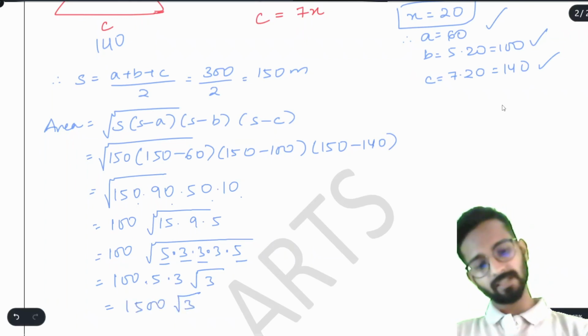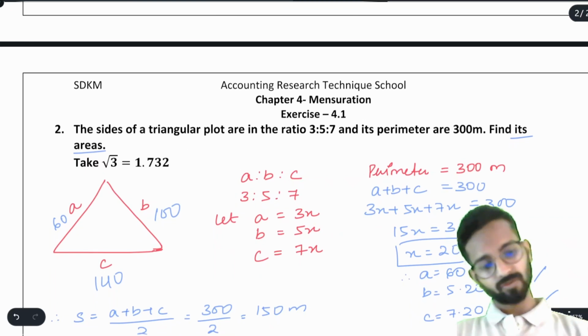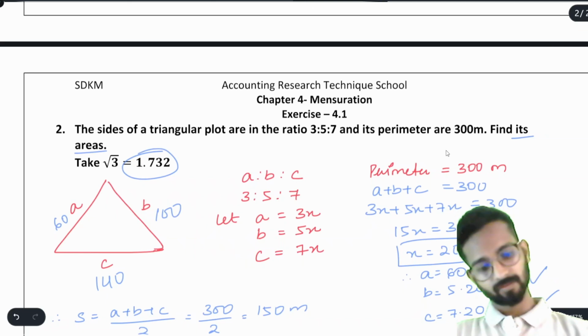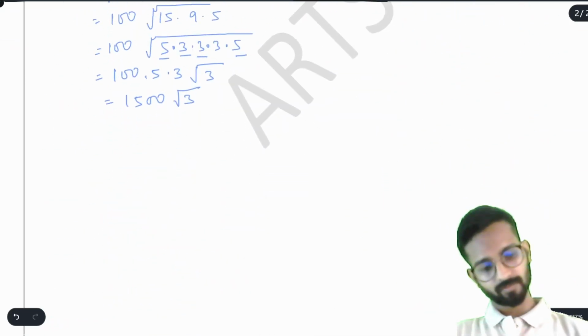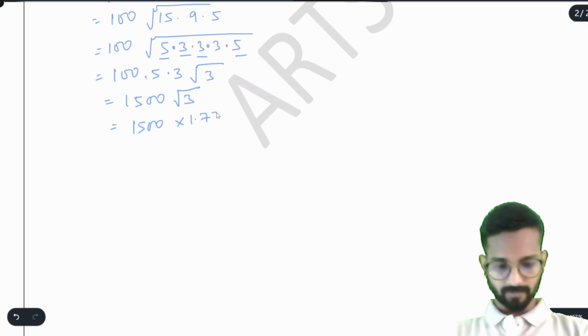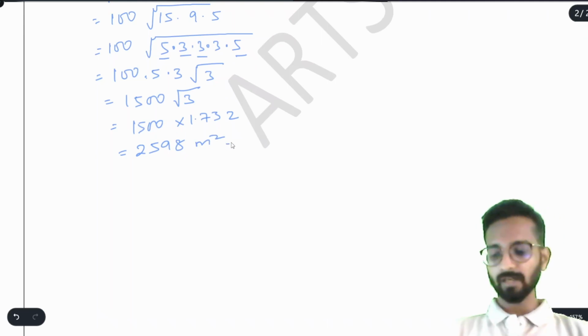They have already said that root 3 is equal to 1.732. So we will put it into 1.732, and this will be 2598 meter square. Simple enough. Now